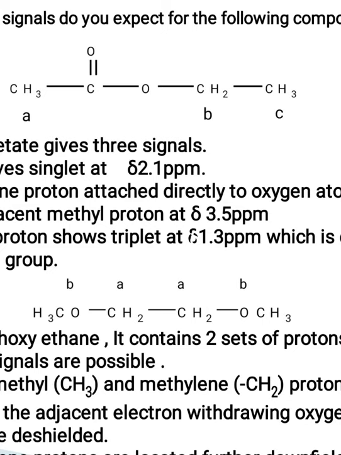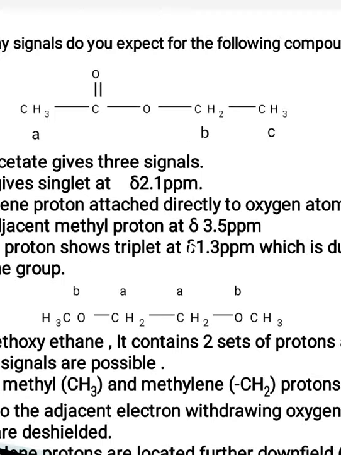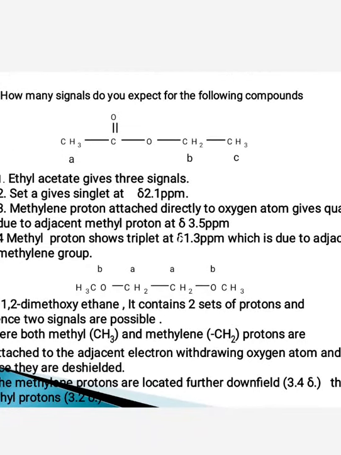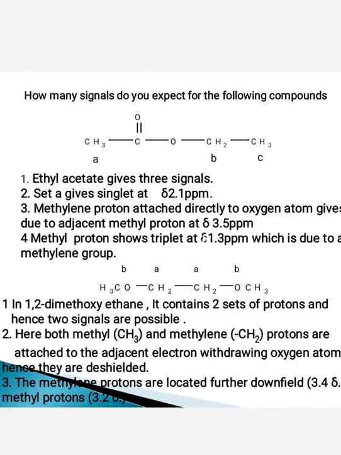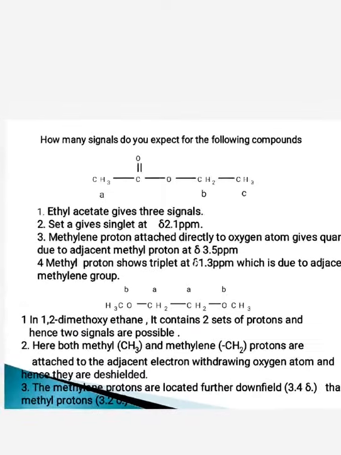Both the CH2 groups are more deshielded, because though methyl group is directly attached to the oxygen atom and CH2 group is directly attached to the oxygen atom, both the CH2 groups are secondary, and hence the peak for A set of protons is more deshielded. Now see here, for CH2 group we get singlet, and for methyl group also we get singlet.